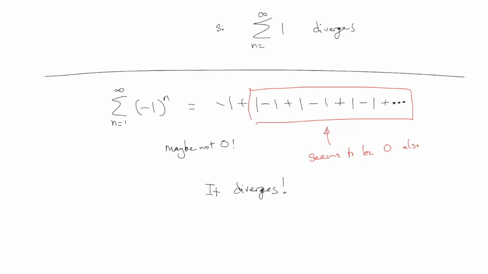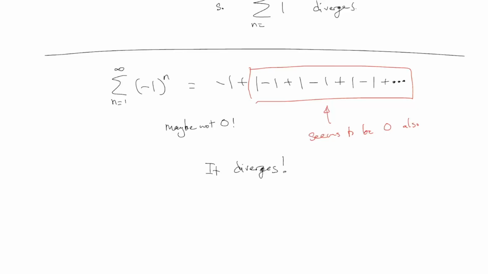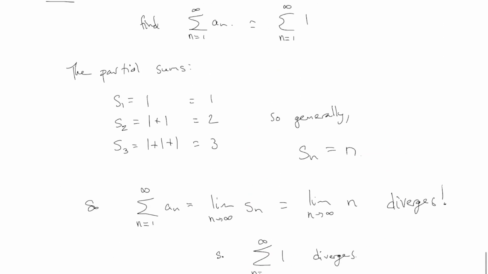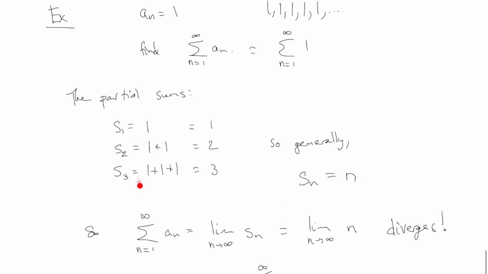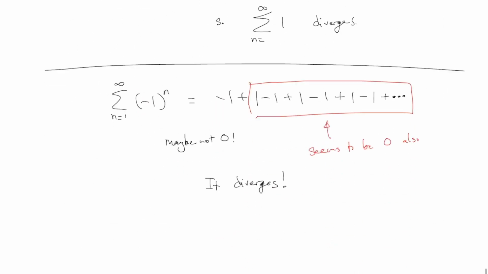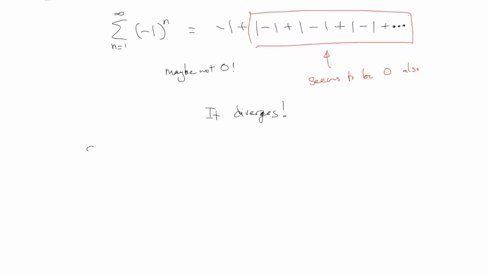This is just because when you're dealing with adding together infinitely many things, weird things can happen. And it might seem more ordinary to you to make it add up to 0, but actually even that would be very weird. And the true fact is that it diverges. Check it out. I'm going to do just like we did up here: write down the partial sums, see if we can see a pattern, and then ask about what the limit is.